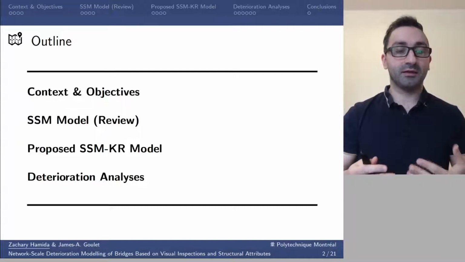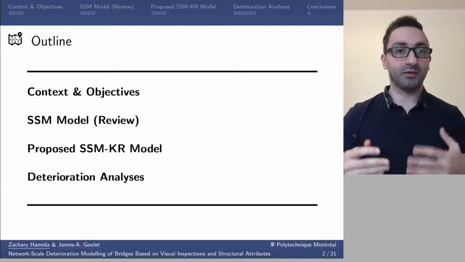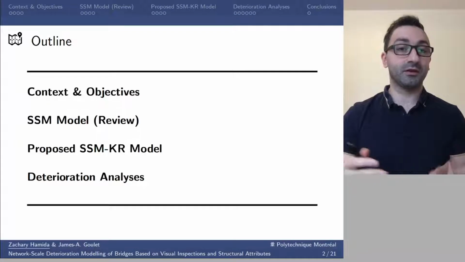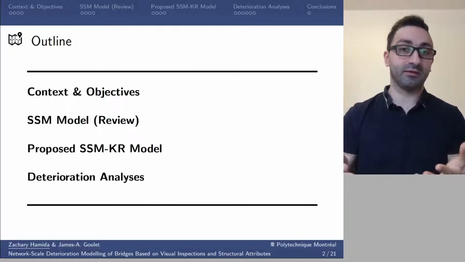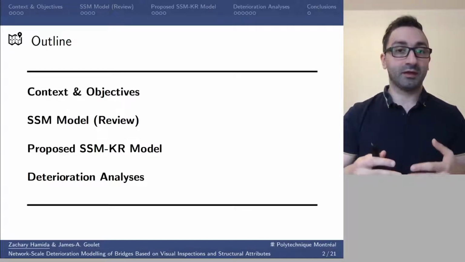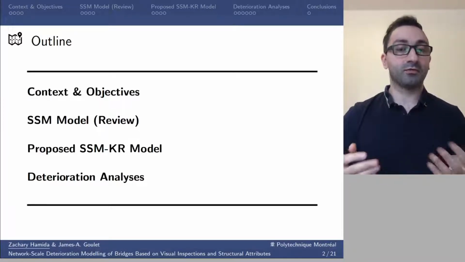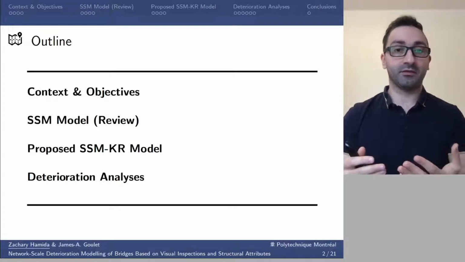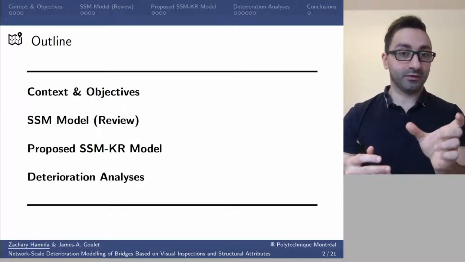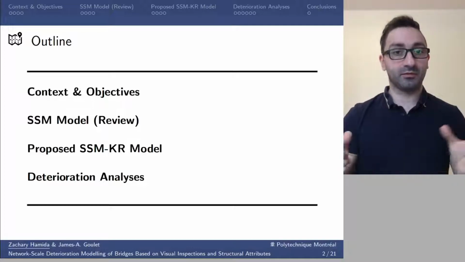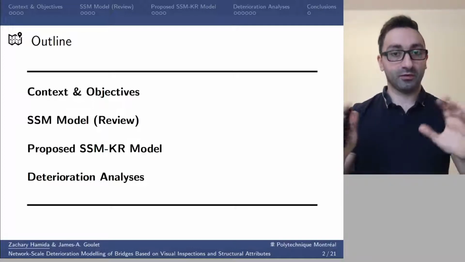After that, we're going to review an existing approach for modeling the deterioration based on visual inspection data, which is the state space model or the SSM model. So we're going to have a look at some of the characteristics of this approach, and then we will move on in the following section to talk about the proposed model or the SSM-KR model, which would allow modeling the deterioration based on not only visual inspection data, but also the structural attributes of the bridges or the infrastructure that